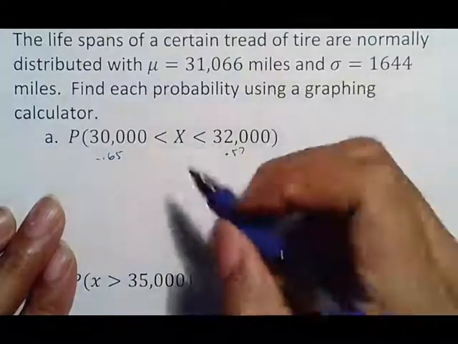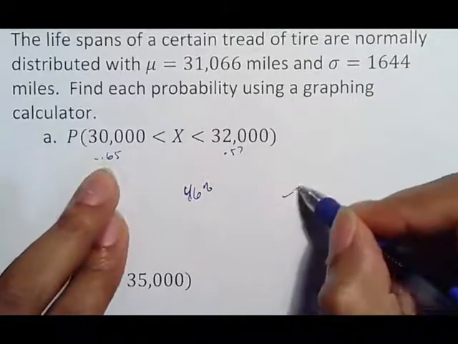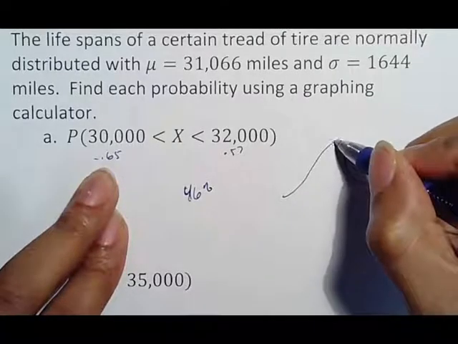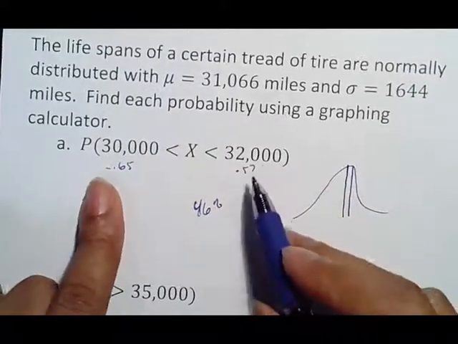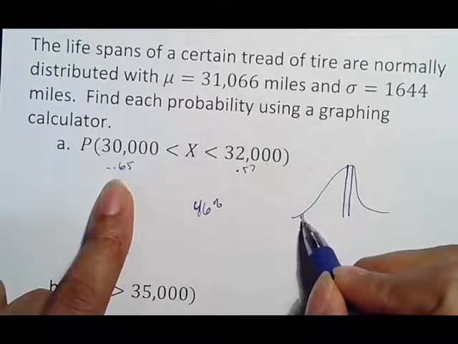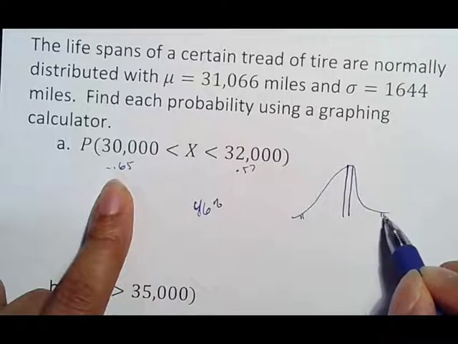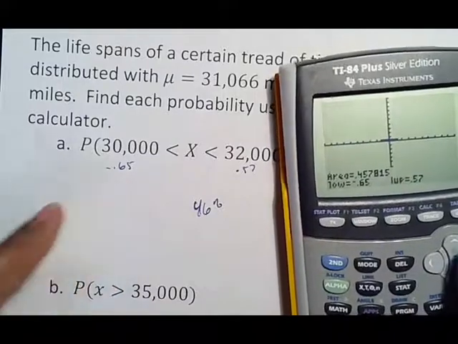Alright, and it makes sense because you're looking at the portion of the graph that is in the middle, which means that it should be high. It's a small area, but it is in the biggest part of the graph. Now if it was a small area over here, it'd be very small. Small area over here would be very small, but you're talking about that part being where it is over there.